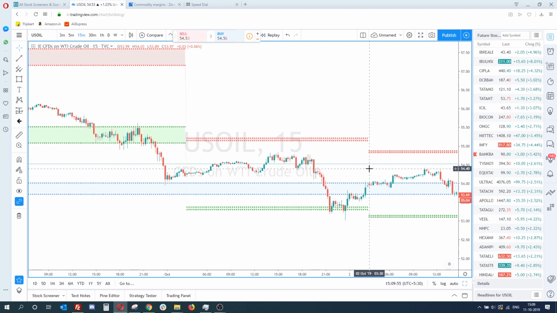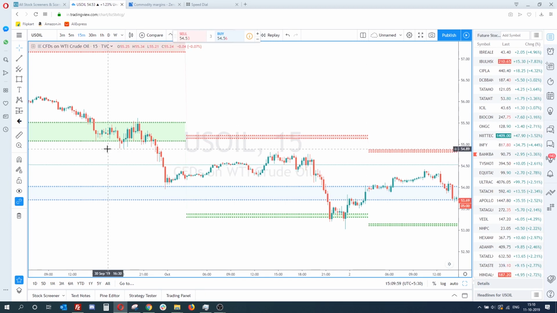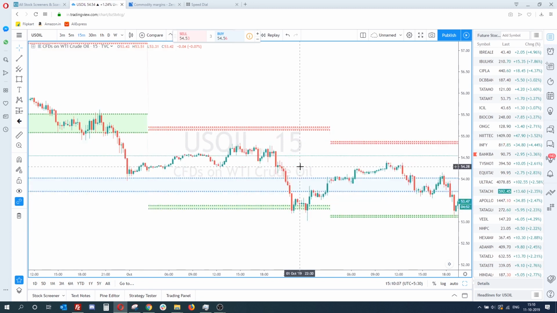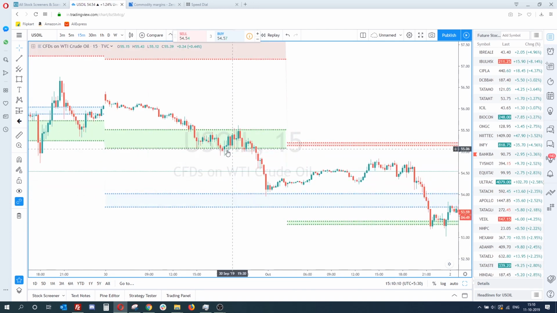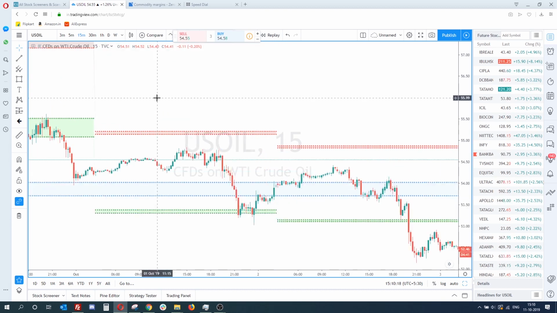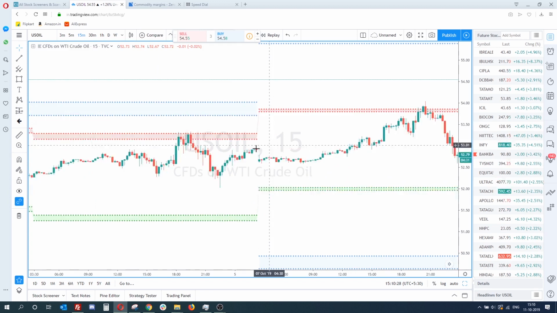With inventory data, the huge institutions just make use of the volatility. They will trap you. Even if you put wide stop losses, it will hit on both sides and then go somewhere. So please don't trade on Wednesday, that is 8 to 8:20 or 8:30. After that you can trade. If you see, these zones are very well respected.